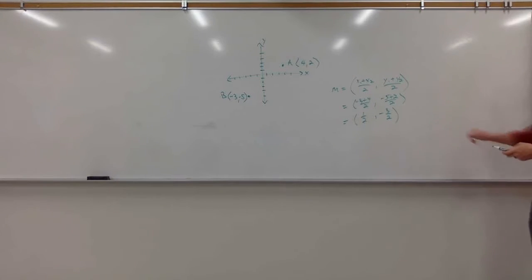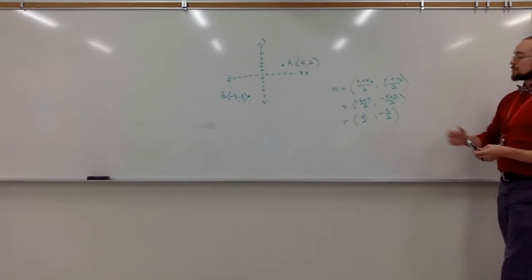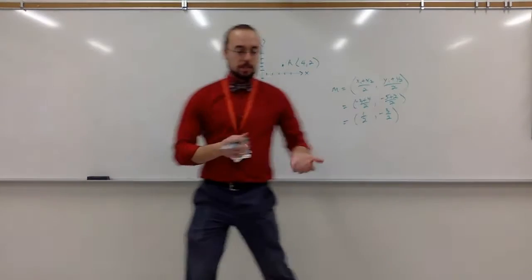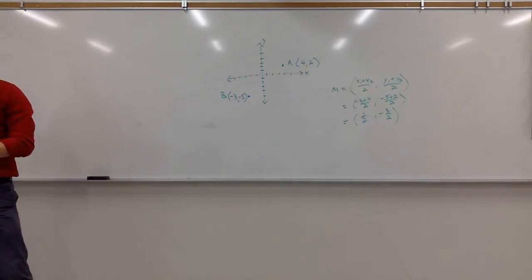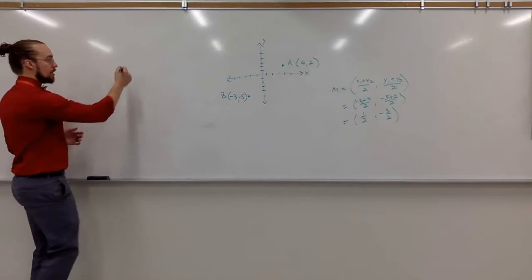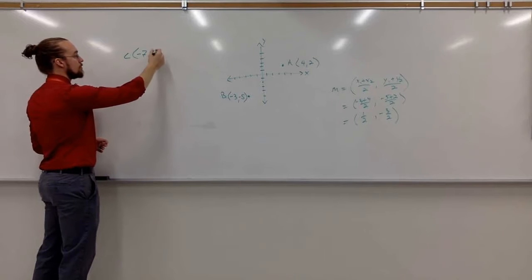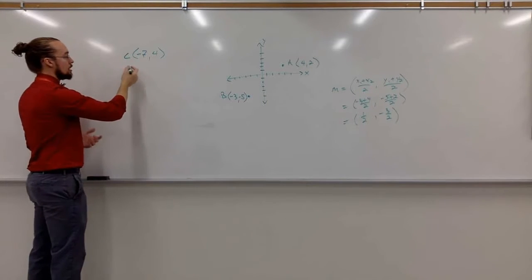Most of the time, I'll ask you to leave things in fraction form. So you can leave this as 1/2, -3/2. So all the midpoint formula is doing is finding the average between 2 points. Questions? All right, find me the midpoint between -7, 4, and